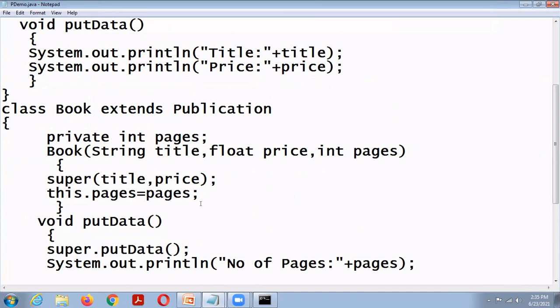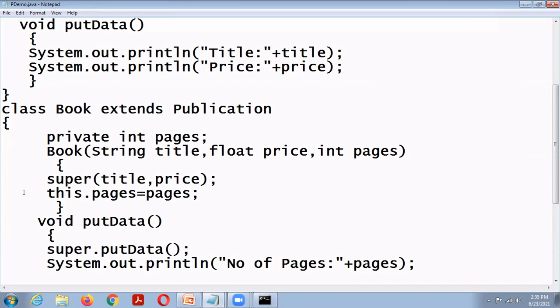Here the super keyword is used to explicitly invoke the superclass constructor from the subclass constructor. Are you clear? The this keyword is used to explicitly invoke one constructor from another constructor within a class.